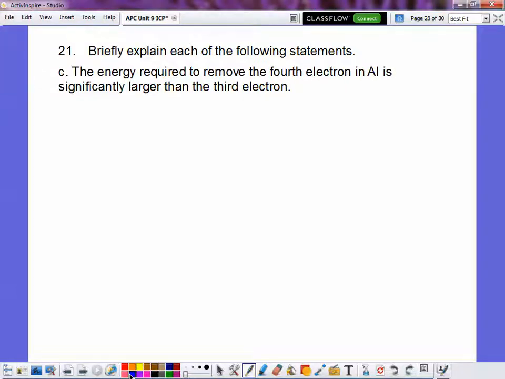Okay? So, if I were answering this question on an AP test, I would draw out the orbital diagram for aluminum, or at least show the last little bit. Actually, maybe not even the orbital diagram, maybe just give the electron configuration, 3s2, 3p1. Anything before that is going to be core. So those are my first three electrons. So the fourth electron removed